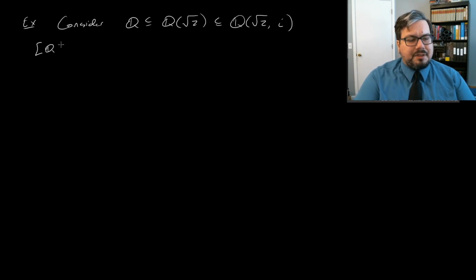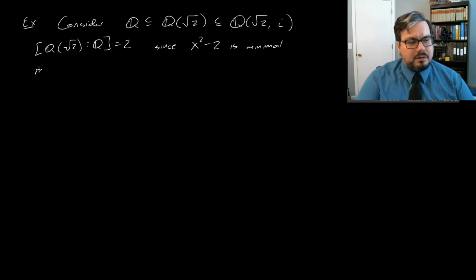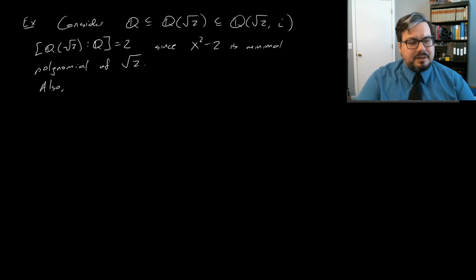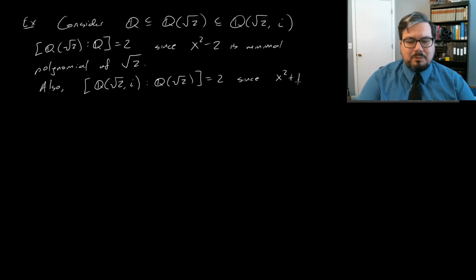Now we have that the degree of Q(√2) over Q is equal to 2, since x squared minus 2 is a minimal polynomial of the square root of 2. Now, we also have that the degree of Q(√2, I) over Q(√2) is equal to 2, since x squared plus 1